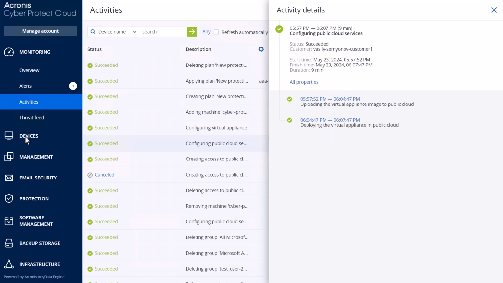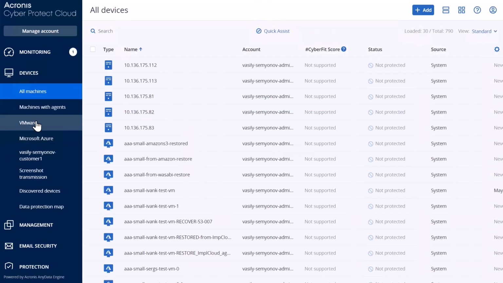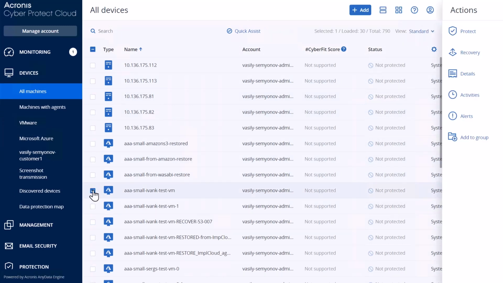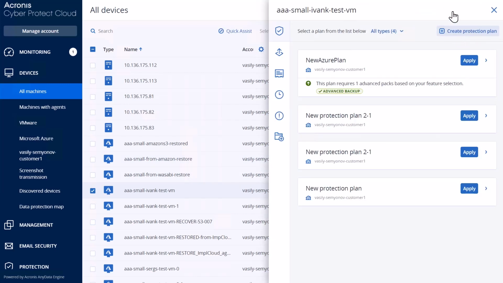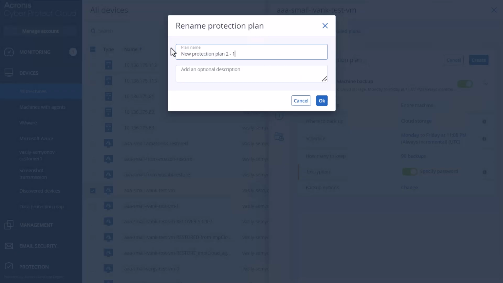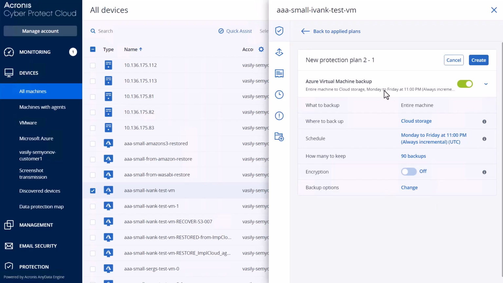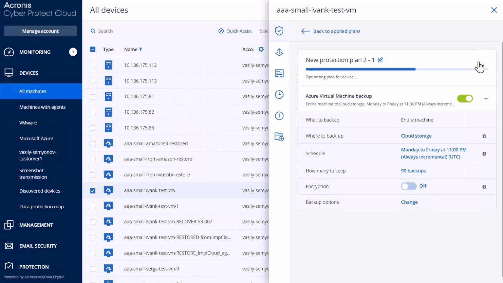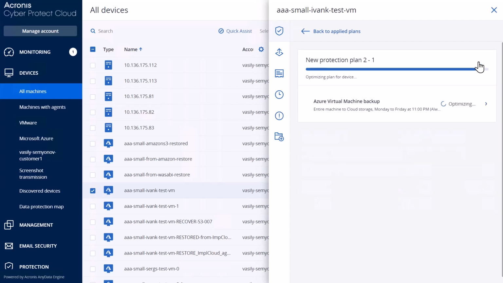Once the agent deployment and configuration is complete, the Azure virtual machines from your Microsoft Azure subscription will appear in the devices list and the system is ready to start the first backup. The protection plan configuration is almost the same as for any other virtual machine type, such as VMware or Hyper-V. The UI look and feel remains the same you got used to with Acronis. We'll leave the settings at their defaults for demo purposes. The backup destination will be Acronis Cloud Storage, but you can also configure the backup location on Microsoft Azure Storage